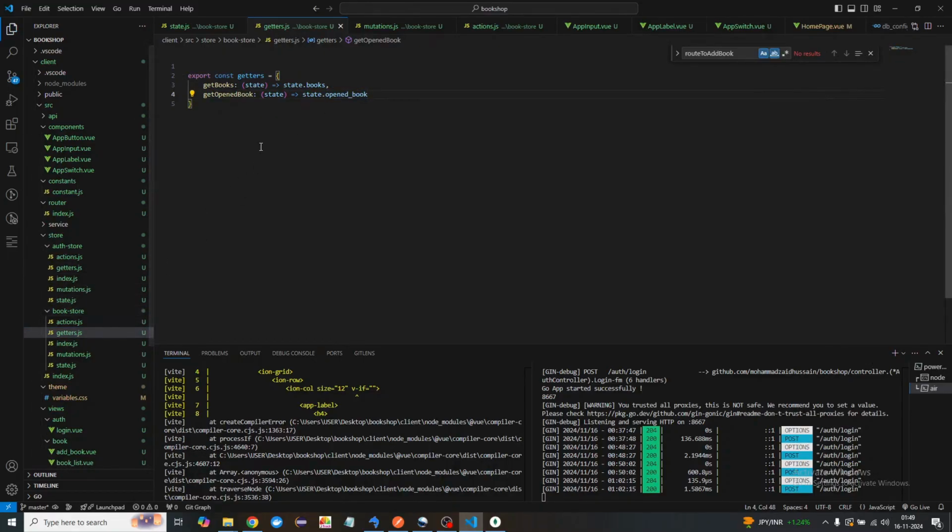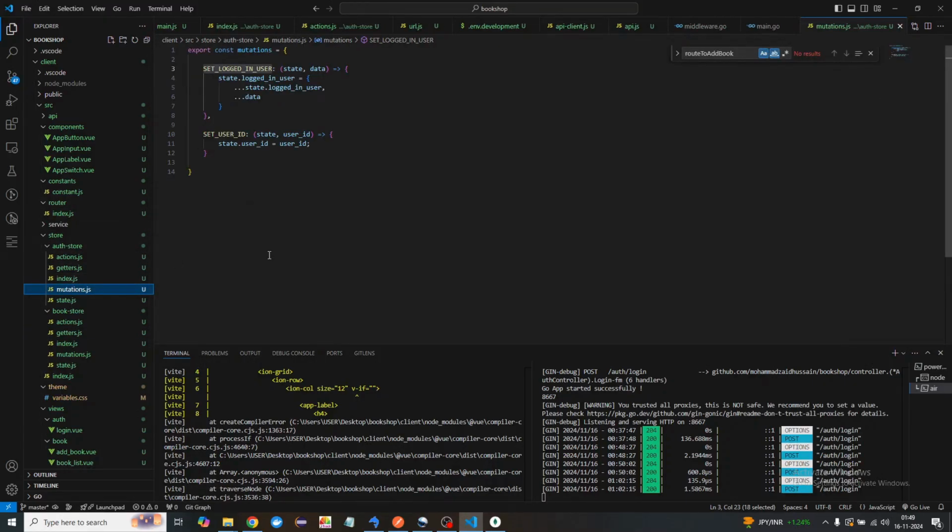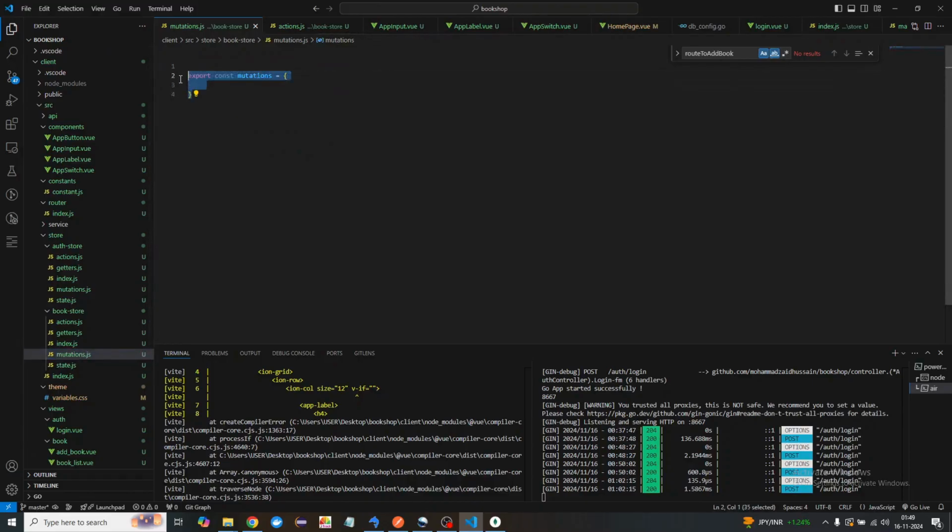Fine. Now we should have mutations for this variable as well, right? So what mutation is going to do is it is basically responsible for mutation of the state variable. That means if we want to change the state variable, we of course need to use mutation. We need to commit a mutation, then only we are going to change the state variable, or else we should not change the state variable directly because it may cause errors in the application. So I'm just going to copy this mutations from here, and then paste mutations here as well. And this time I'm going to use set